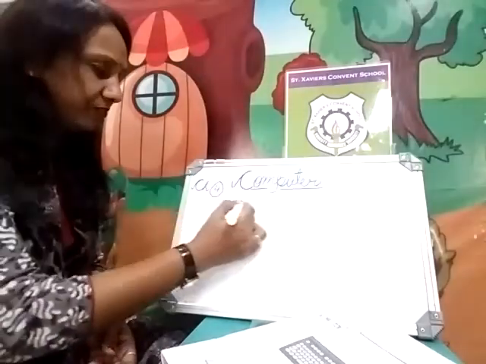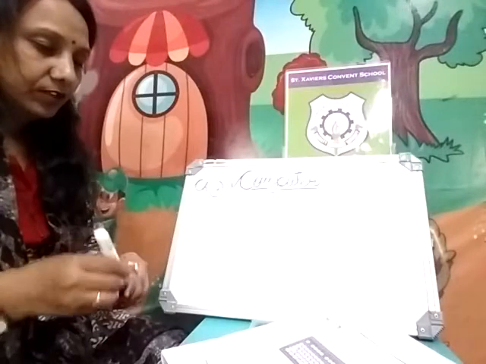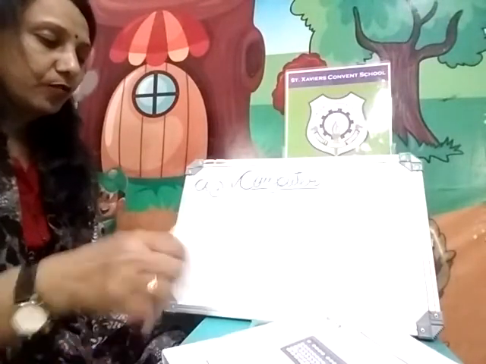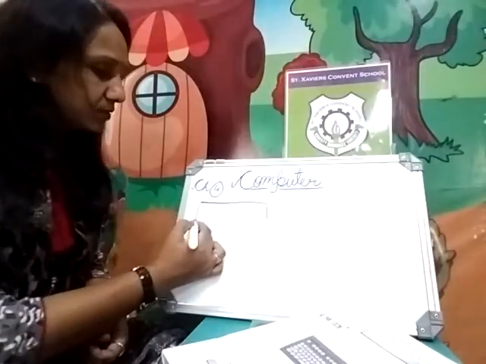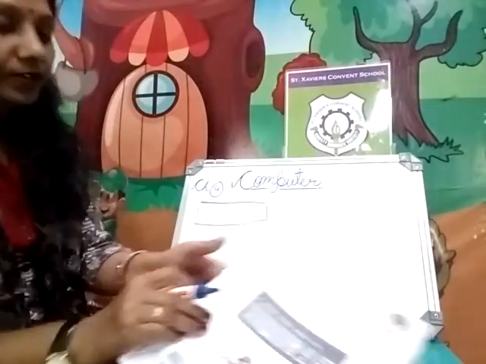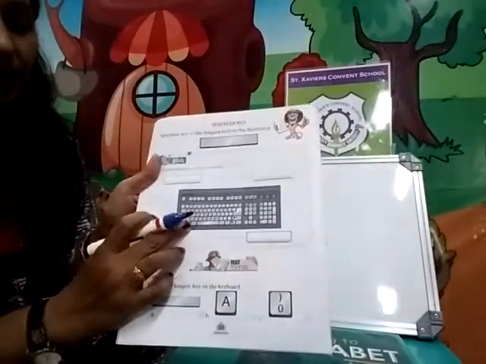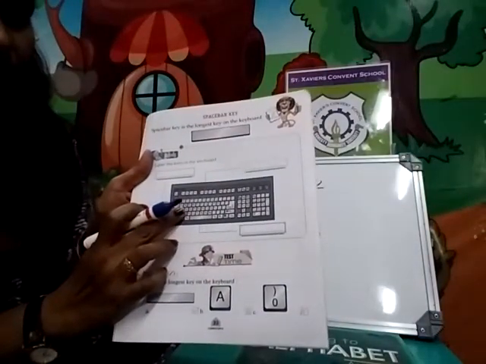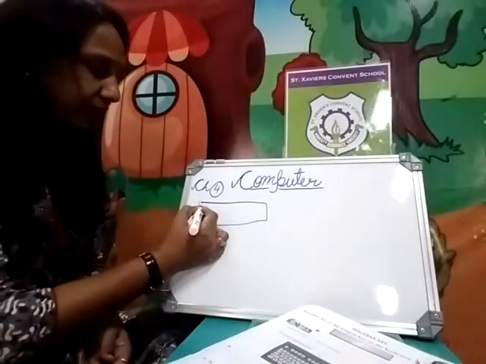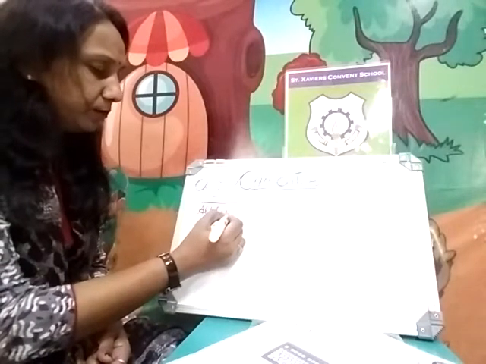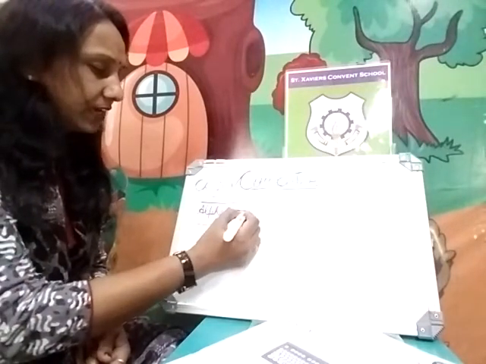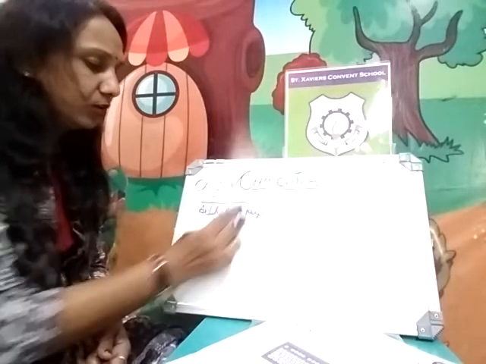Now look at that. This block, first you will fill here with this orange or red color. So what is this block indicating? Alphabets. That's why it's called alphabet key. You will fill in here alphabet. A-L-P-H-A-B-E-T, alphabet. K-E-Y-S, keys. You have to label the keys.